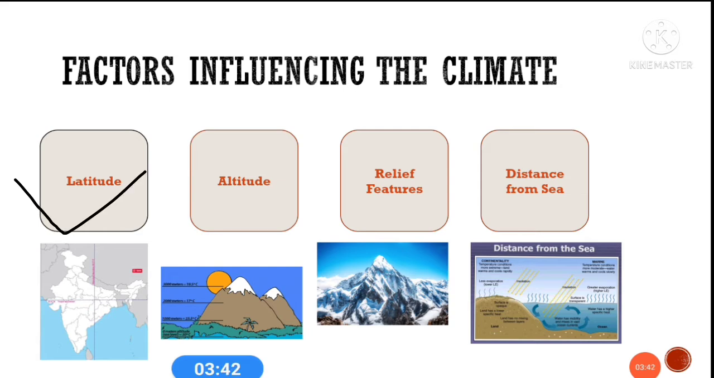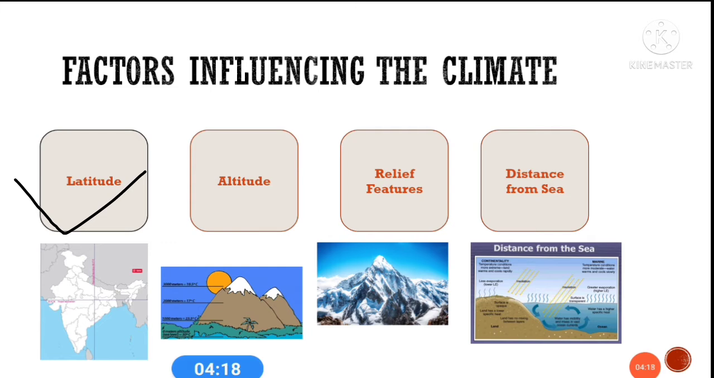First of all, we'll start with latitude. Latitude plays a very important role in determining the climatic condition of India. We know that the Tropic of Cancer, 23.5 degrees north, almost divides India into two equal halves. The regions to the north of this latitude experience subtropical type of climate, and the regions that lie to the south of the Tropic of Cancer experience tropical type of climate, due to which the southern part